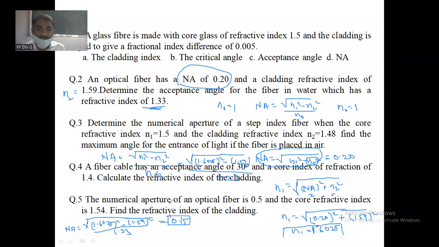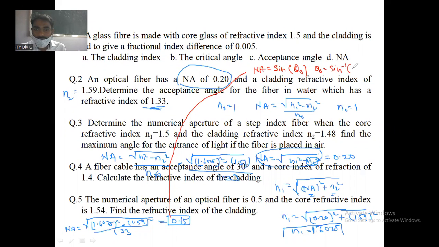Now we can find the acceptance angle. What is the formula for the acceptance angle? Acceptance angle साठी इथं काय यूज करतो आपण? Acceptance angle साइन इनवर्स ऑफ NA म्हणू शकतो का आपण? ओके, NA is equal to sin... कशाचा साइन घेतो आपण? थीटा झिरोचा घेतो ना? यस सर. आता मला सांगा मग थीटा झिरो फाइंड करण्यासाठी काय करायला लागेल? हा मॉडिफाइड फॉर्म्युला काय होईल? थीटा झिरो इज इक्वल टू